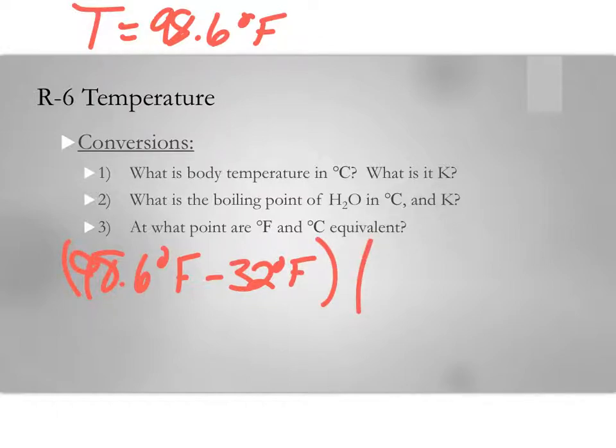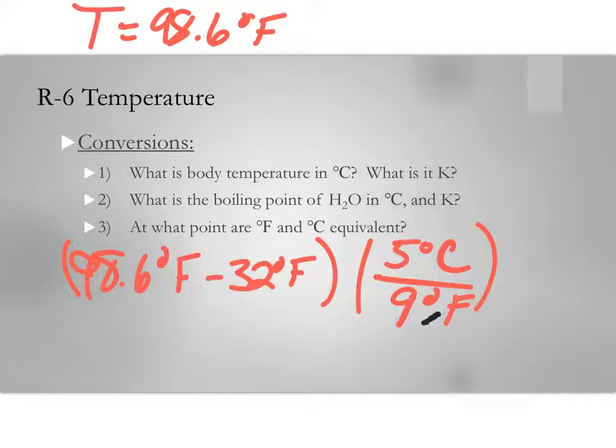And then you will multiply by 5 degrees Celsius for every 9 degrees Fahrenheit. And you'll see that the degrees Fahrenheit cancel out here. Since these are the same, they come out to one number, and they cancel out with the degrees Fahrenheit there. That gives you